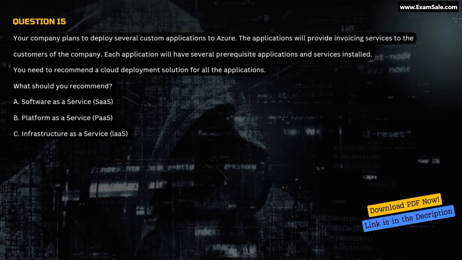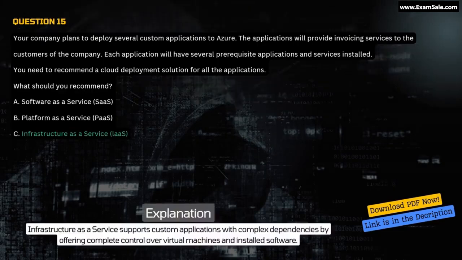A. Software as a Service, SaaS. B. Platform as a Service, PaaS. C. Infrastructure as a Service, IaaS. Correct answer, C. Infrastructure as a Service, IaaS. Explanation. Infrastructure as a Service supports custom applications with complex dependencies by offering complete control over virtual machines and installed